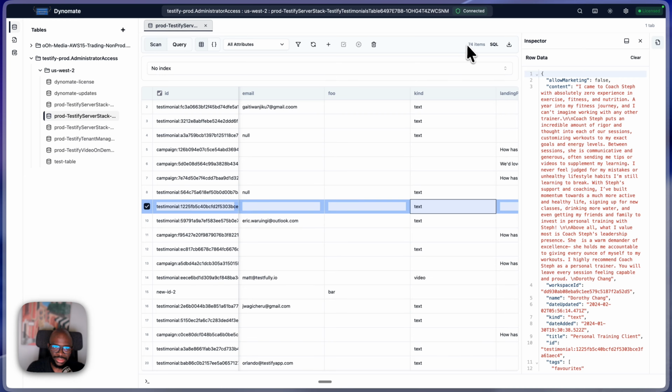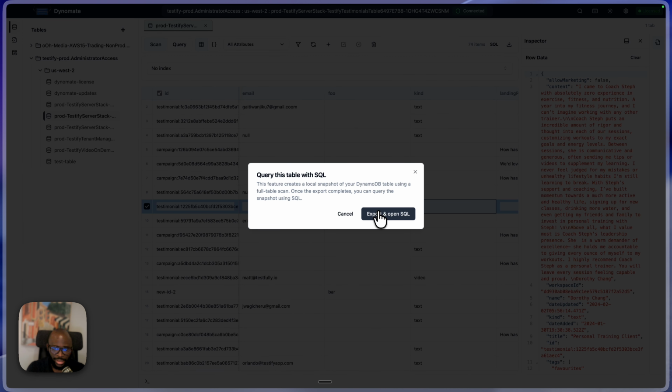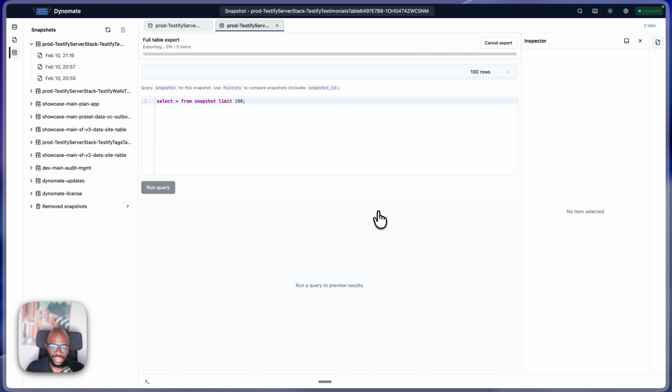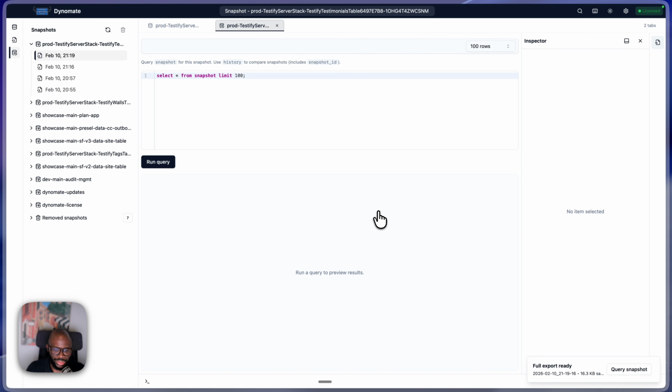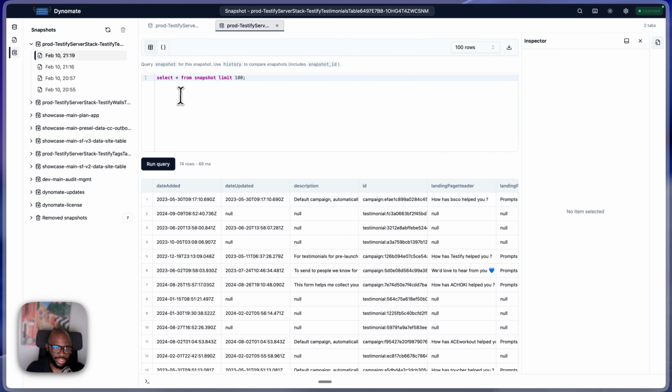The way it works is from the table view, you can click on SQL and then go new snapshot, or select one of the existing ones. I'll click new. And then when I click export and open SQL, it takes a local snapshot of my database and gives me a DocDB database that I can query locally. So this is an SQL editor that I have here with autocomplete and lets me do everything I want to do from a